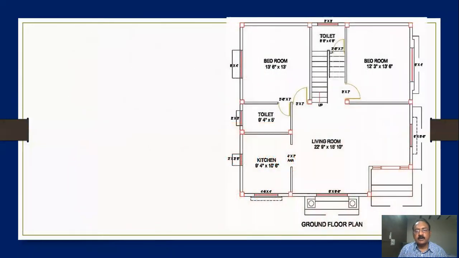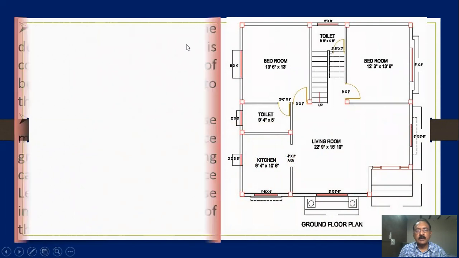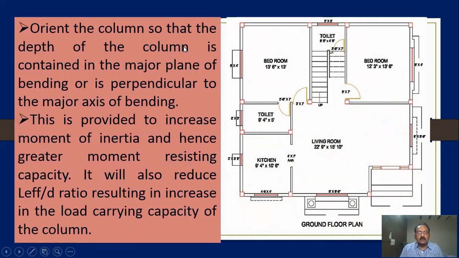In the last videos, I explained about the position of the columns. Here, once again, I will explain as a structural or civil engineer. After getting the architectural plans, first of all, you have to plan the columns in the architectural plan. Generally, we provide columns at the edge of the building, near the walls and at the ends of the rooms.